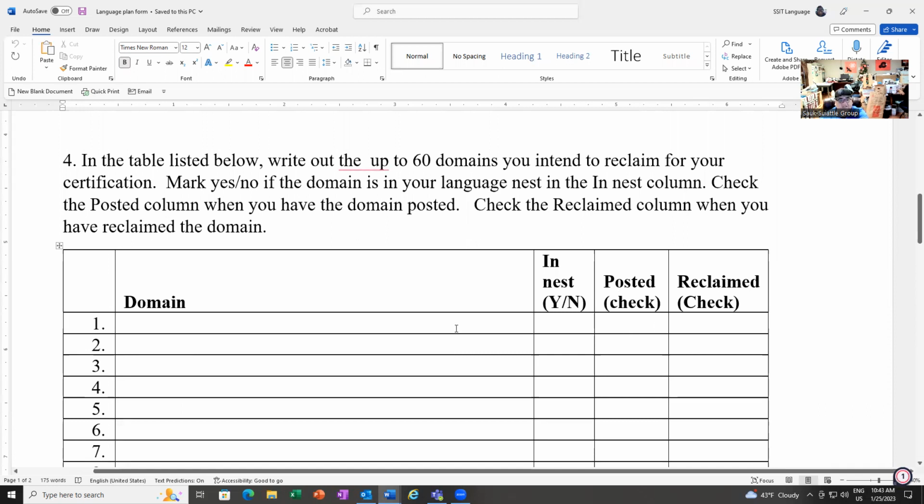This part is domains. I put air quotation marks on domains, primarily because they're language activities. If you have so many language activities in one spot, it becomes a domain.